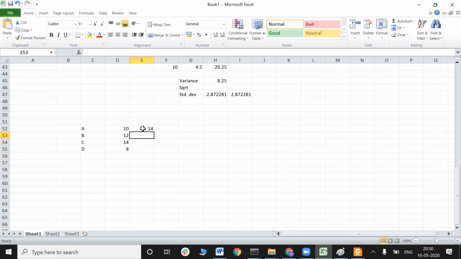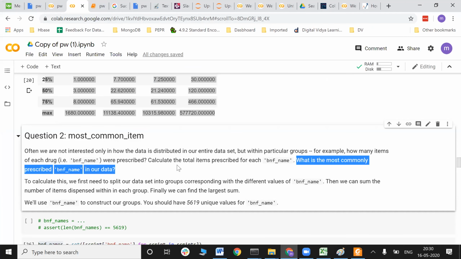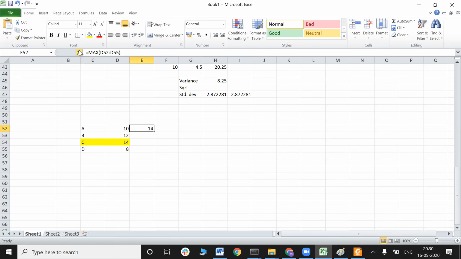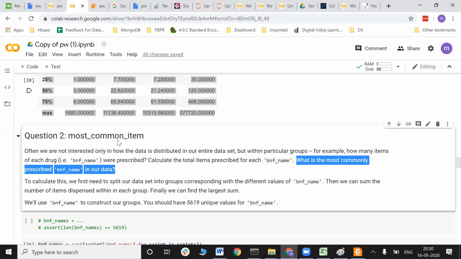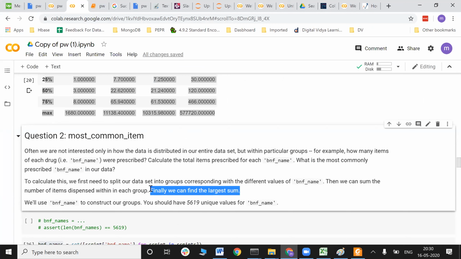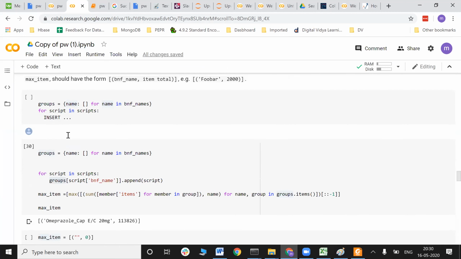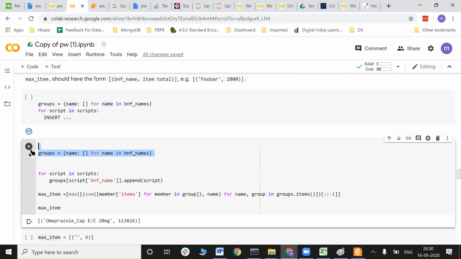That is the most prescribed group in our data, which is nothing but a max. To do that, we first need to split all these groups by BNF name, then we sum the total number of items dispensed within each group, and finally we take the largest sum. The largest sum is nothing but the max. So this is what it is doing. We divided into the groups.